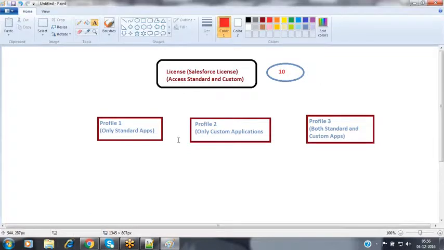Whenever you are creating users, for example, I'm creating a few users right now.